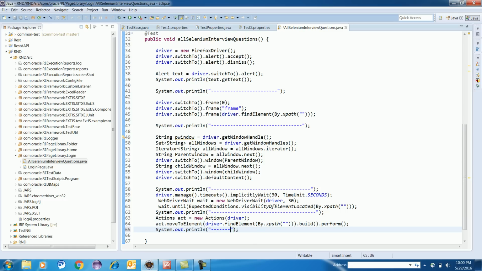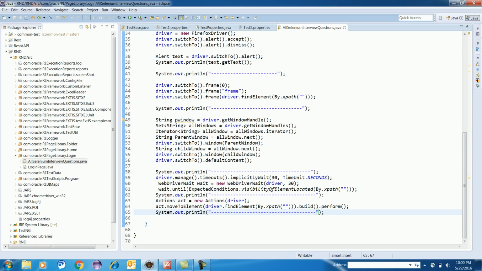Another important question people will ask you is how to select the data in the drop downs.